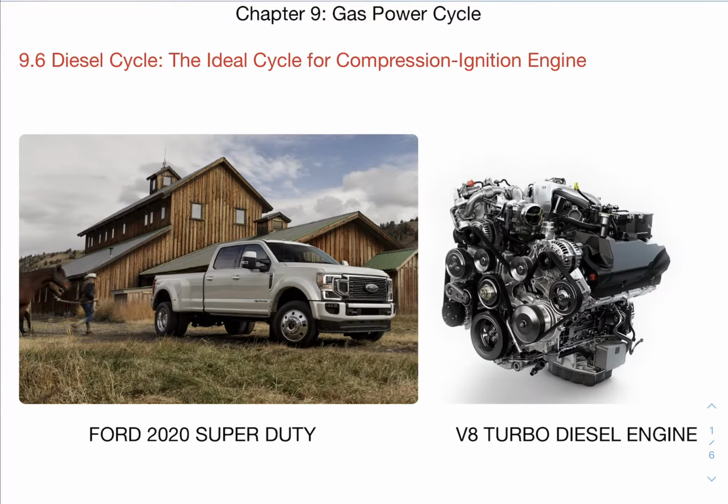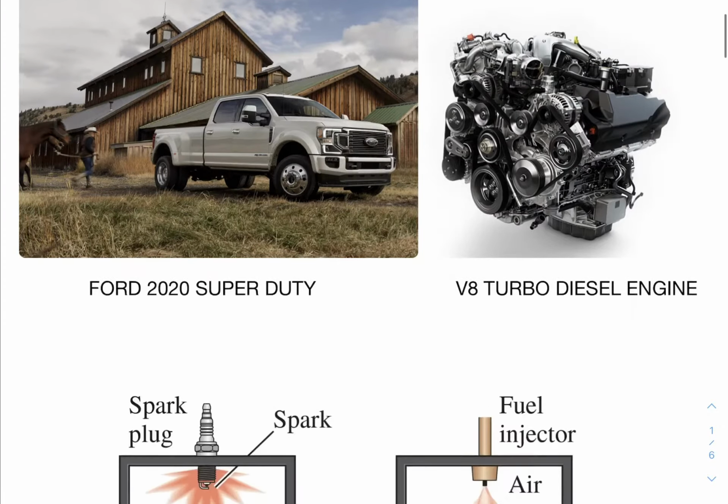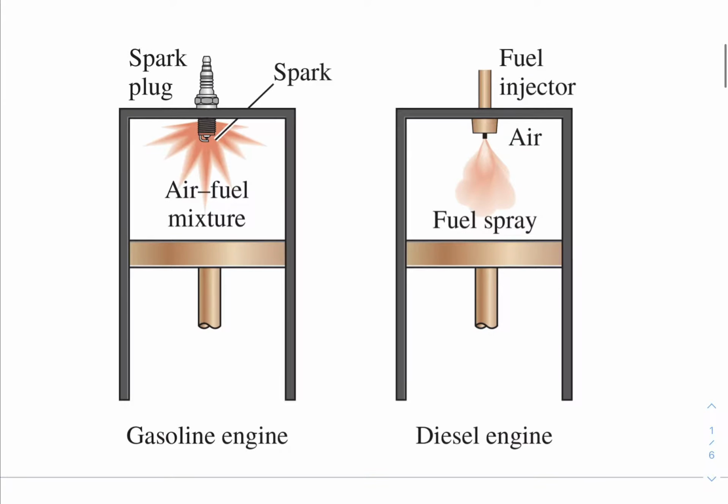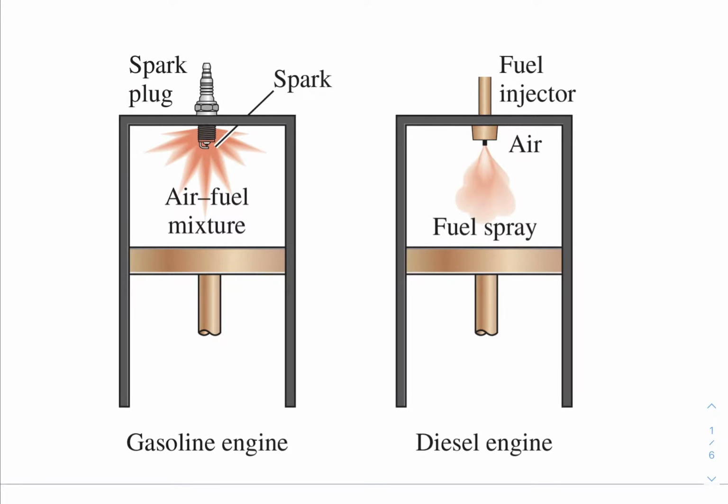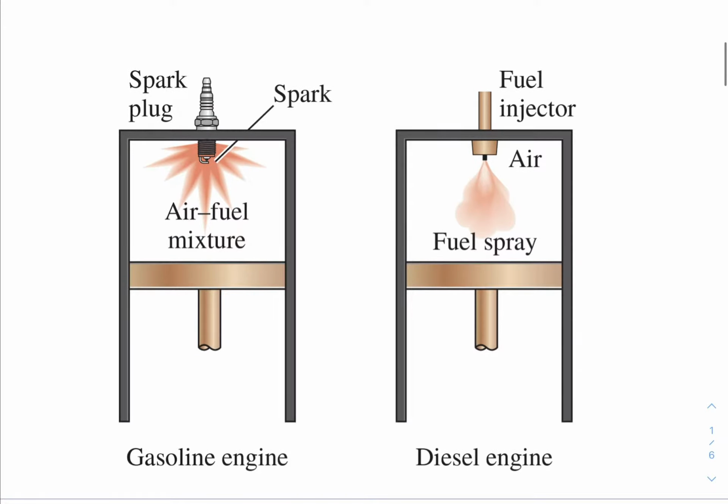So when we are comparing this diesel engine, or the compression ignition engine, with the Otto cycle or spark ignition engine, the difference is basically that in a gasoline engine or Otto cycle, there is a spark plug, right? In a gasoline engine, there is a spark plug that is initiating the combustion of the air fuel mixture, right? However, in the compression ignition engine or diesel engine, what is happening is that when the fuel is compressed, right, when the fuel is compressed,